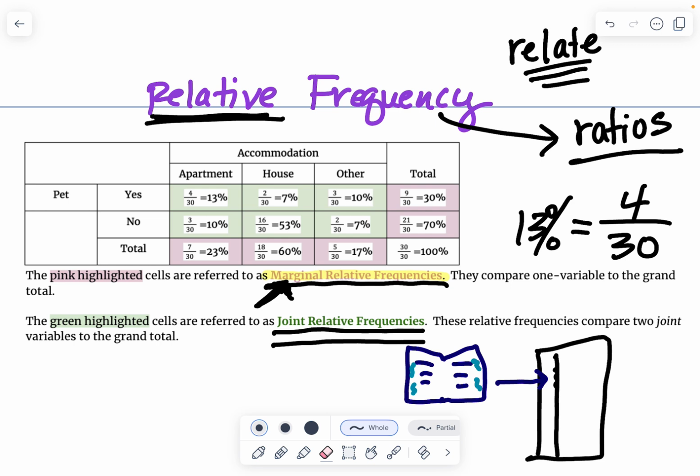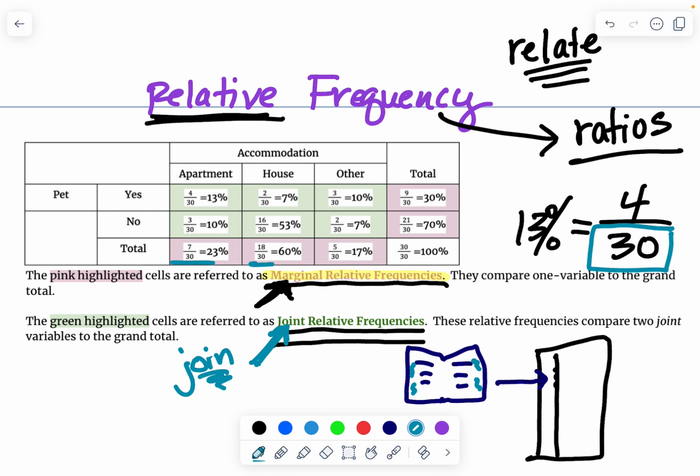Now, another type of relative frequency is called a joint relative frequency. And if you look at the word here, joint, maybe the root word you could think of is joining. So joint relative frequencies are similar to the marginal relative frequencies in that they're ratios and you're relating a number to the grand total of people surveyed. The difference, though, is instead of just looking at the marginal numbers, for joint, we're looking at